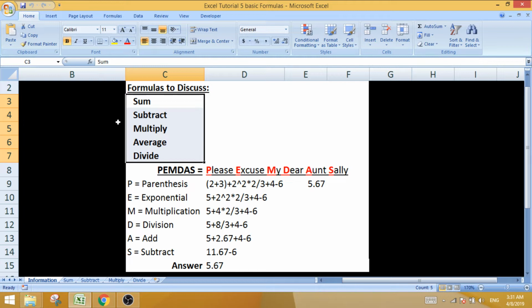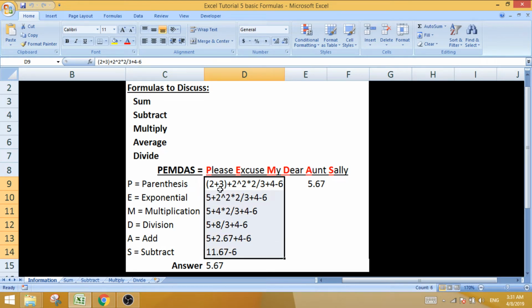Before we get to discussing each one of the formulas, I just want to talk about PEMDAS, or if you want to use it in a phrase, it's please excuse my dear Aunt Sally. These letters are the order in which each equation is going to be performed: parentheses, exponentials, multiplication, division, add, and subtract. So as you can see here, I'm breaking down the formula step by step. We do parentheses, then exponentials, then we multiply, then we divide, then we add, finally we subtract,